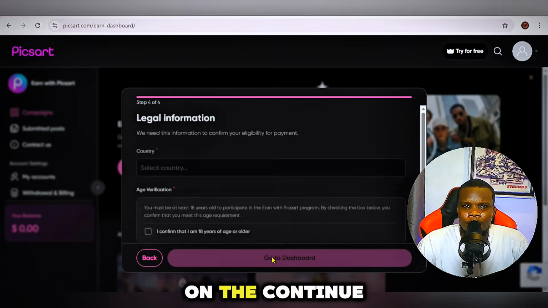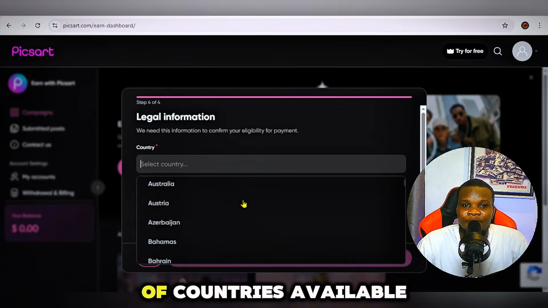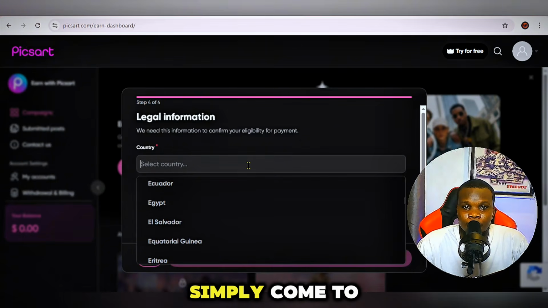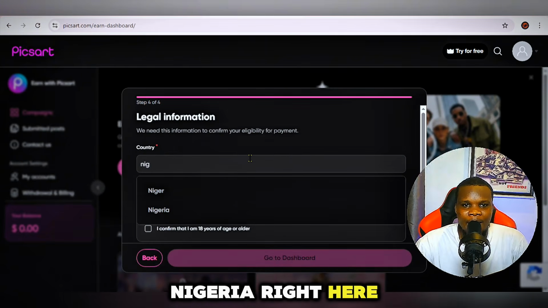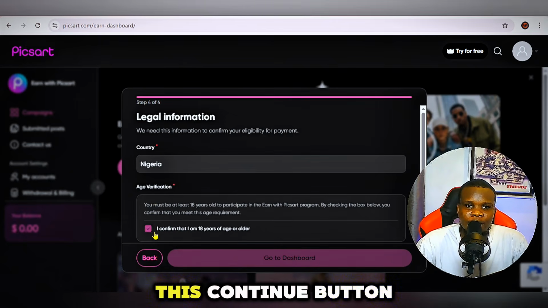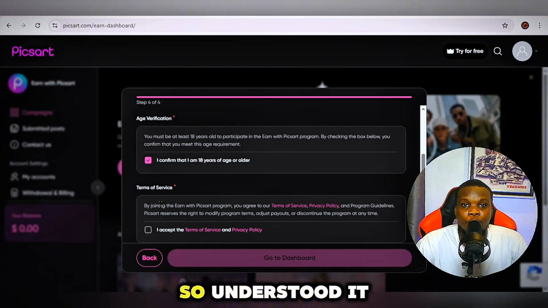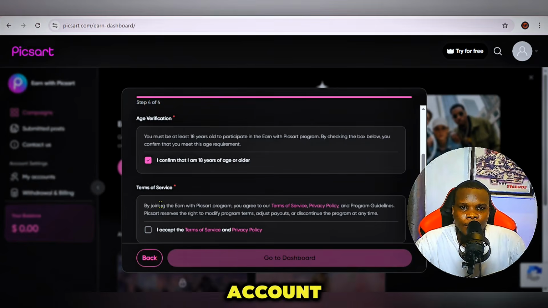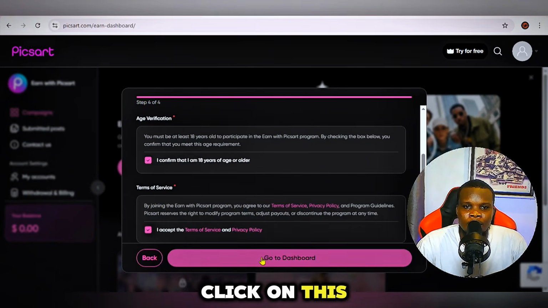So click on the continue button, and in this section you need to select your country. These are the list of countries available here. All you need to do is come to this section and select your own country. Let's say I want to type in Nigeria right here. I'm going to select Nigeria and also confirm that I am 18 years or above. All right, so click on this continue button, and when you click on that, scroll down and reach the terms of service. I've already read this and understood it from my previous account, which I'm using for this. All right, so come over to this section and click on this, and this is a brand